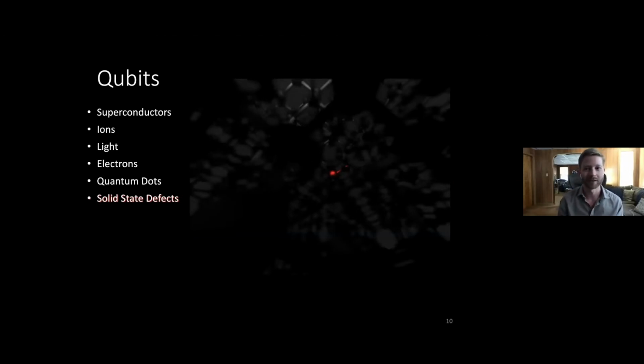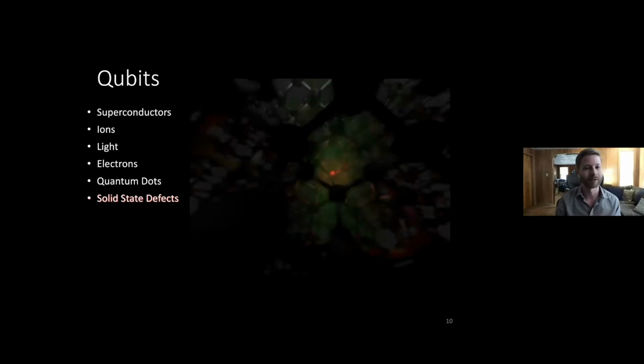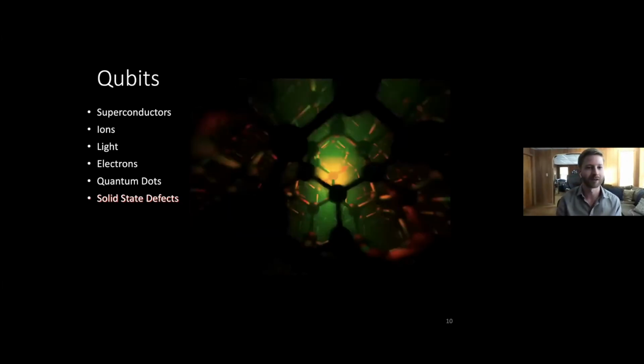And specifically, these solid-state defects are optically active. So we're going to be able to take advantage of the fact that we have photons as well as an atomic-like memory. The challenge will be to make these communicate with each other via entanglement, and to make sure that they're able to store the quantum information that we write to them, i.e.